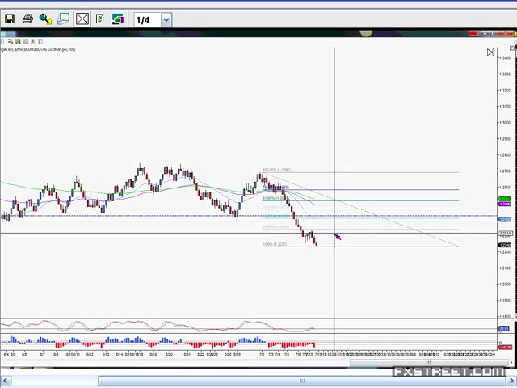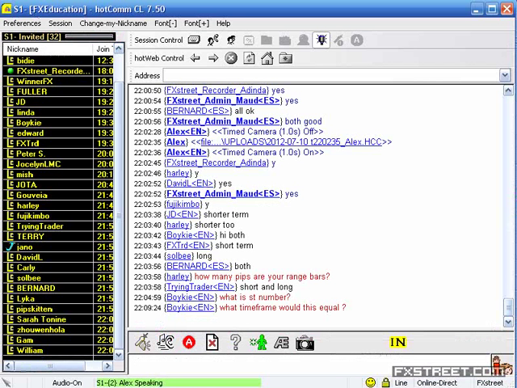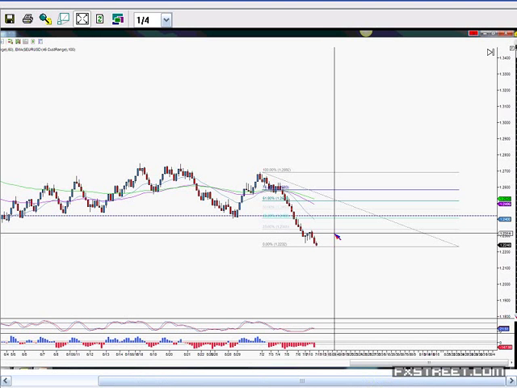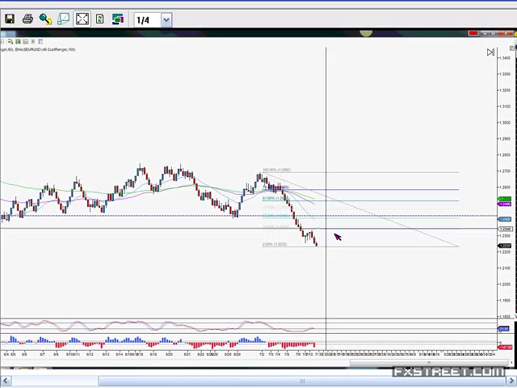What time frame would this equal? This is somewhere between, let's say, a 4-hour chart and a 1-hour chart, Boyke. Okay. Ultimately I looked at it to replace the 4-hour chart, but sometimes the moves happen a little bit quicker. So you're somewhere around the 4-hour chart with this. But as you know, they're range bars, so you can't time these things. When there's momentum in the market, there's momentum in the market.